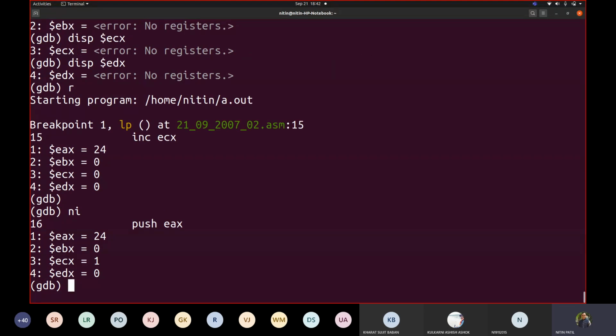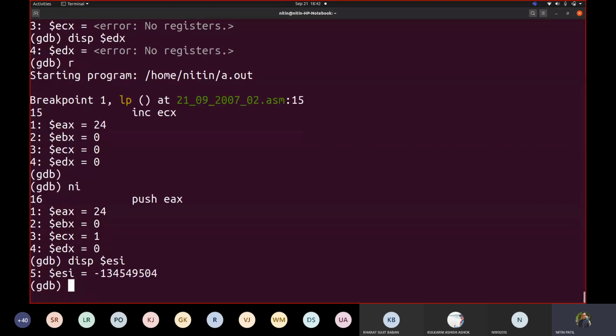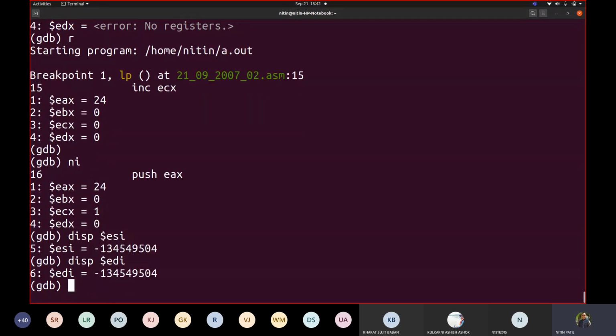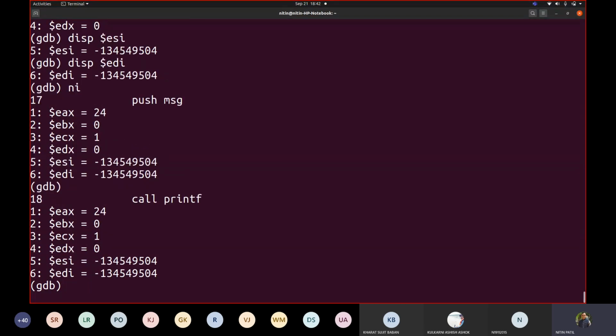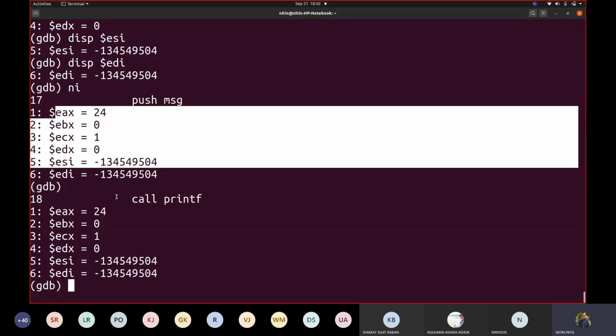ECX became 1, correct? Now see the values of EAX, EBX, ECX, EDX. We will display ESI and EDI as well, so that you can see that. Now I will say NI. Push EAX happened, push MSG happened. Do you see any change from EAX to EDI? No change. Whatever the value that was there, the same is here.